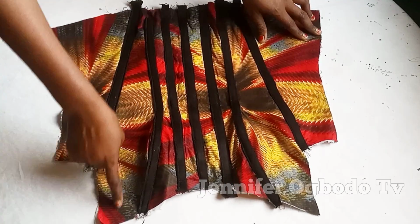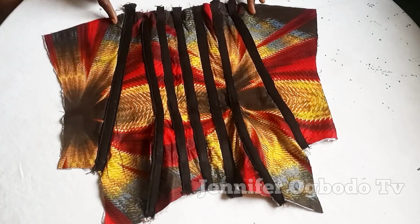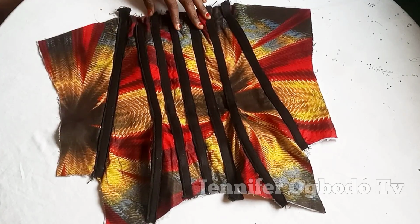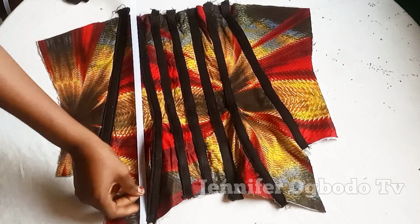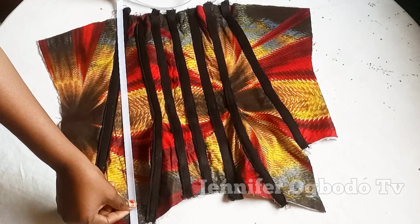So you can go ahead and create more boning channels. Okay, so go ahead and add more boning to it to give you more structure. So for the sake of this tutorial, this is the only boning I'm going to be adding for the front piece. Okay, so when you are adding your boning for the front, make sure the curvy part is facing downward